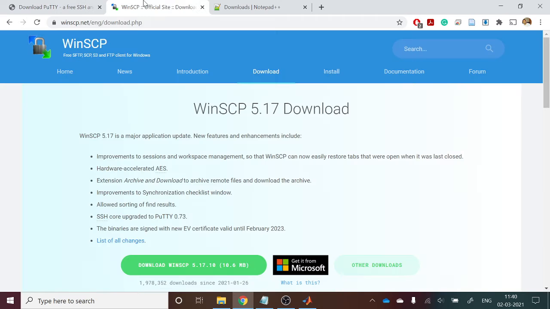The next software you have to install is WinSCP. Win basically means Windows, and SCP means secure copy. This is also free software. All three software which I will tell you are open source, free software, and anyone can use them. Just note down the website, WinSCP. If you search it in Google, you will find it, and then you download it and install it.